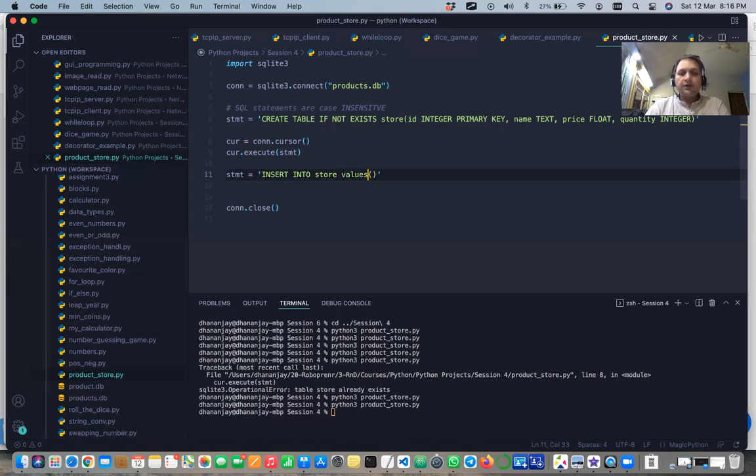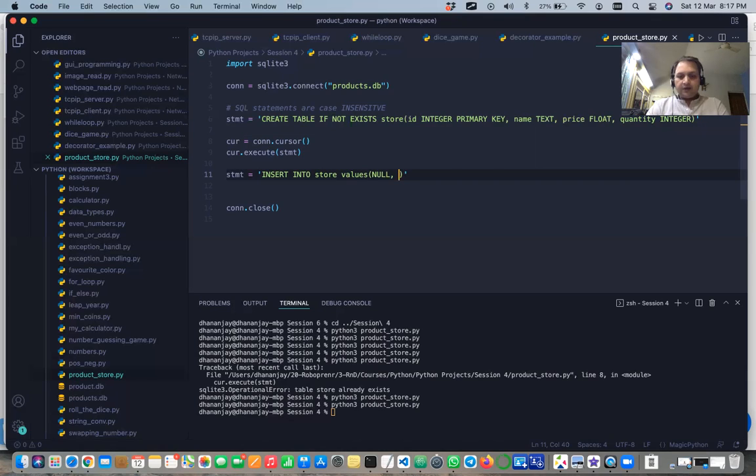Okay, and then I have to pass on the value. And since this is the primary key, I will leave the first to null. So in SQLite, it will automatically assign it an ID 1, 2, 3, 4, 5. Because I'm leaving it to null, it will auto assign increment in increasing order 1, 2, 3, 4, 5, and you can use that to access that record. So null, and then I'm saying name is